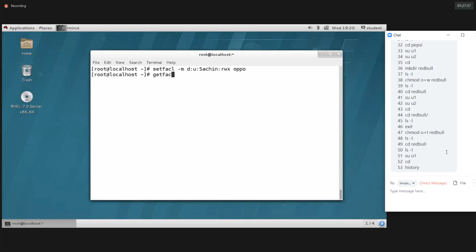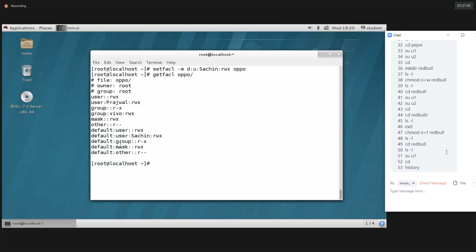Alright guys, getfacl Oppo. See, default user rwx, so Sachin has full permission for default. I hope you're clear, guys.